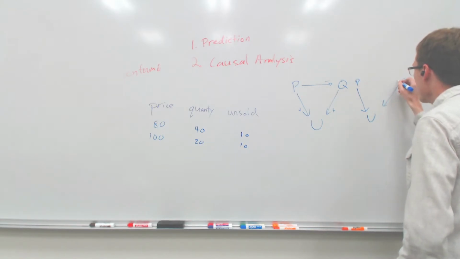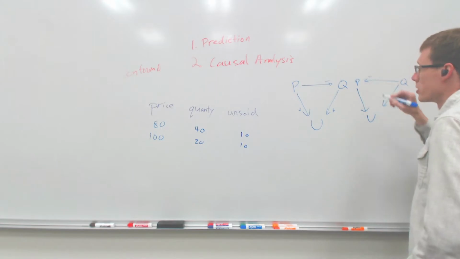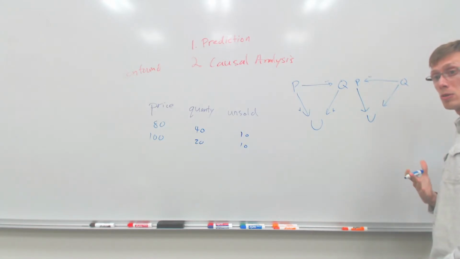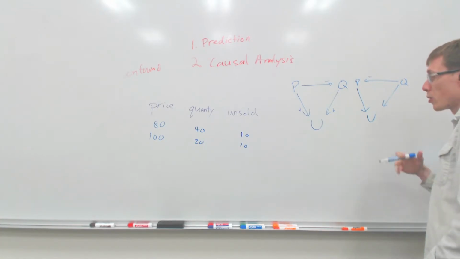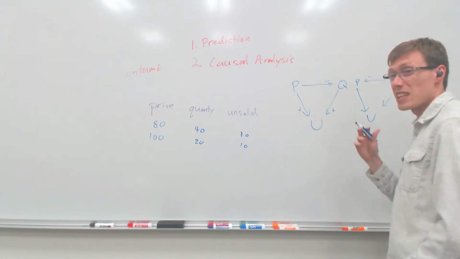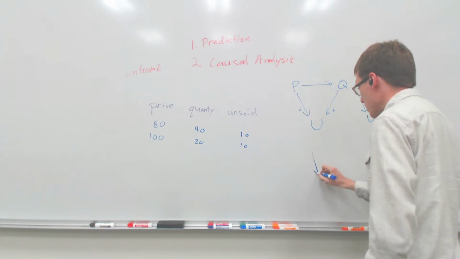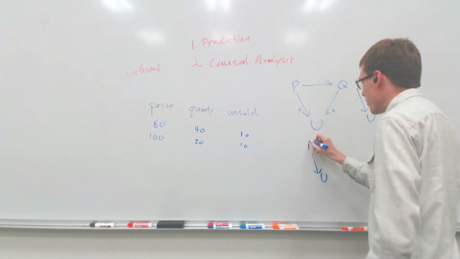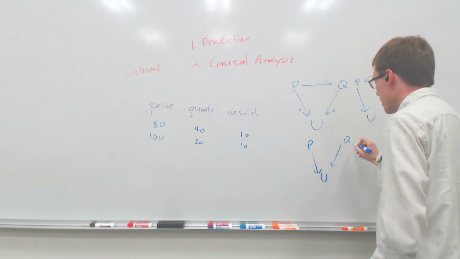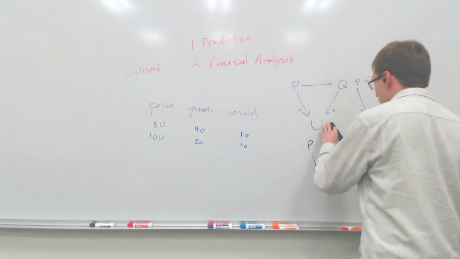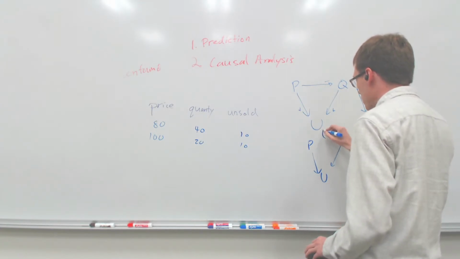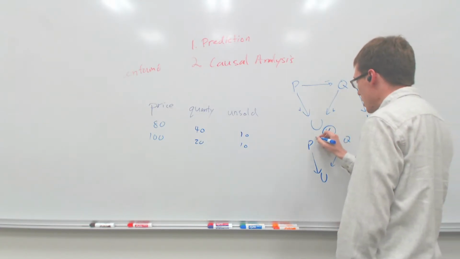It could be that whenever your quantity goes up, that's causing you to reduce your price. Whenever you produce more, you're lowering your price. Or the third possibility is that they have some common confound, where you have price, quantity, and then you have some other thing here, which I'll label X, just because I don't know what it is. And I don't want to use U because I'm using that for unsold,